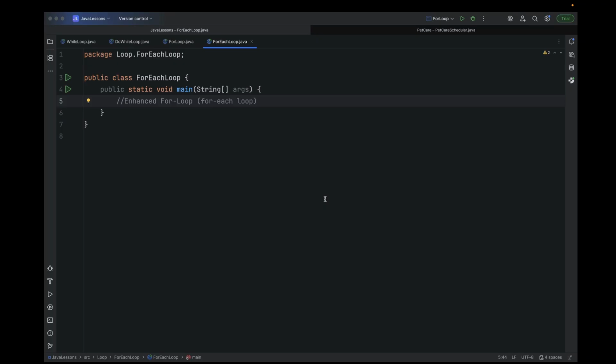Hi, welcome to Petradot. In today's lesson, we'll be learning the enhanced for loop, otherwise known as the for each loop. In our previous lesson, we introduced the loop and we discussed the different types of loop, which include the